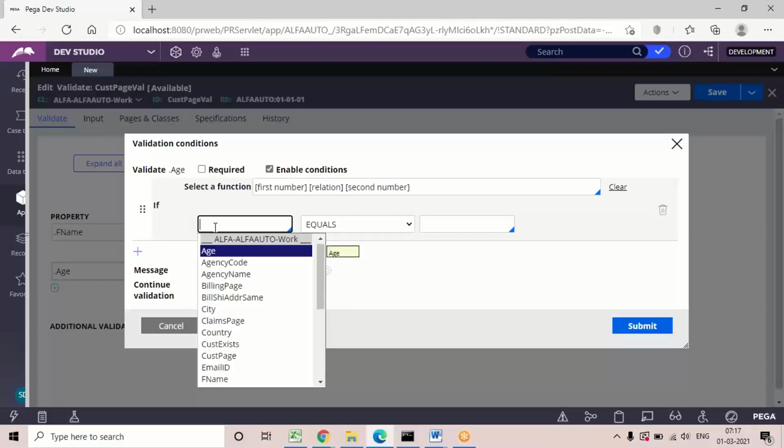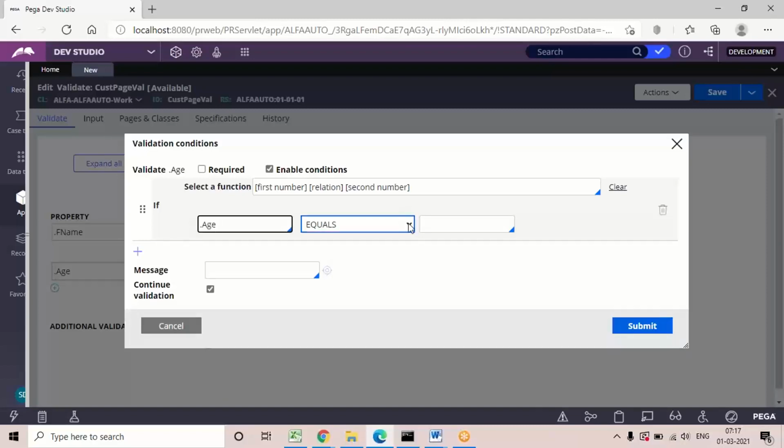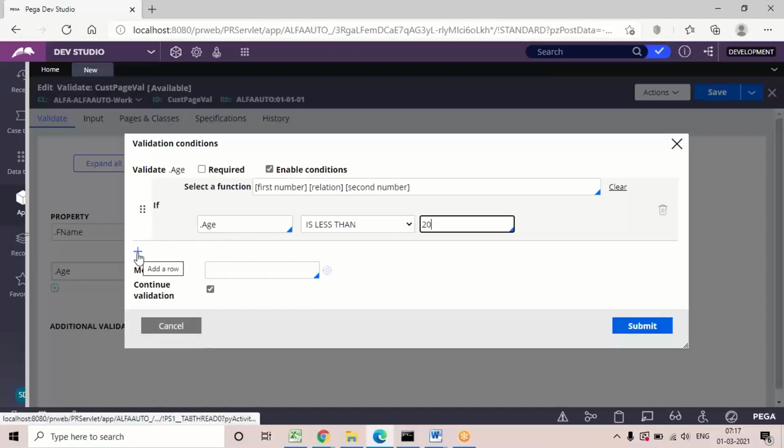And coming to the condition here, age: apply the condition age less than 20. Then add a row.